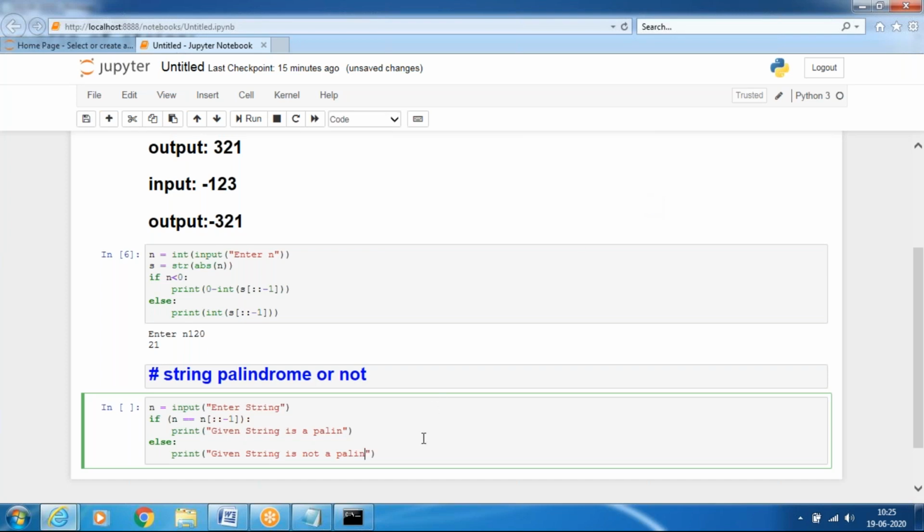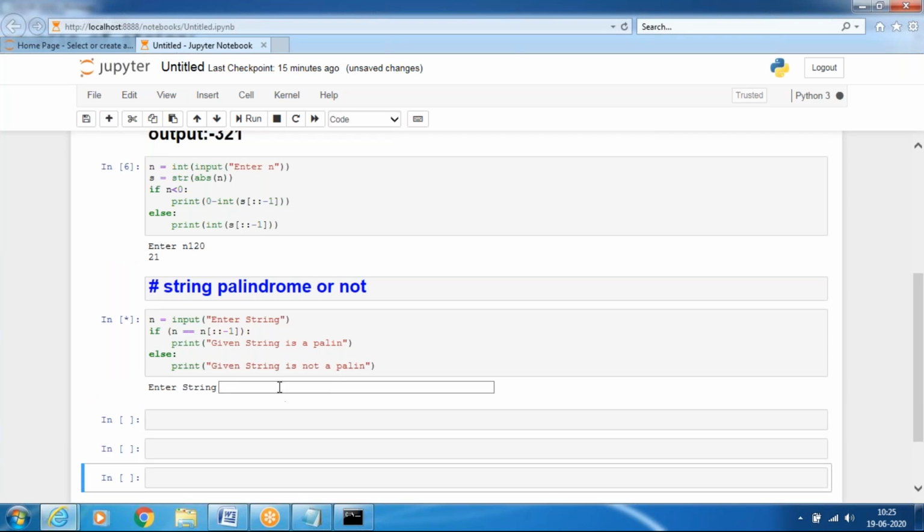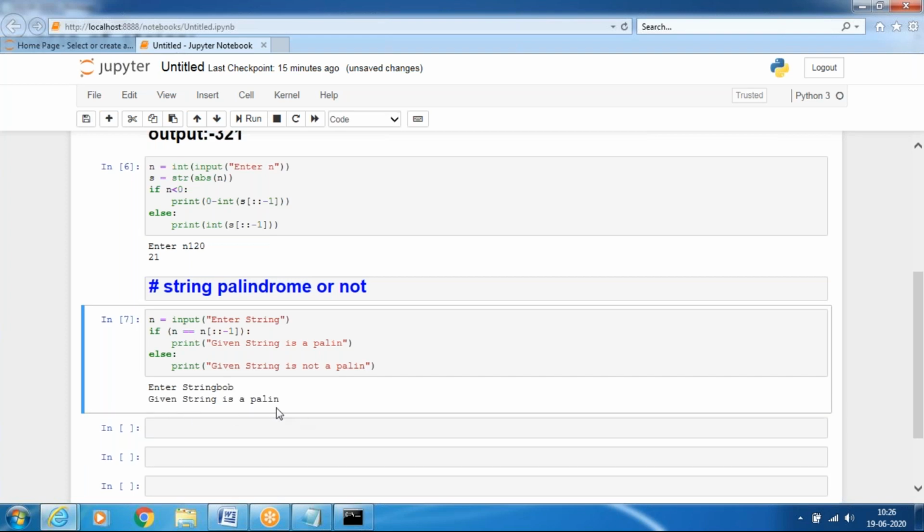I'll run this code. It's Bob. Given string is a palindrome.